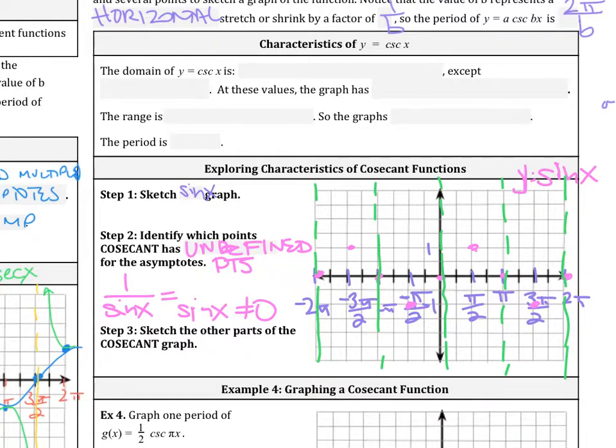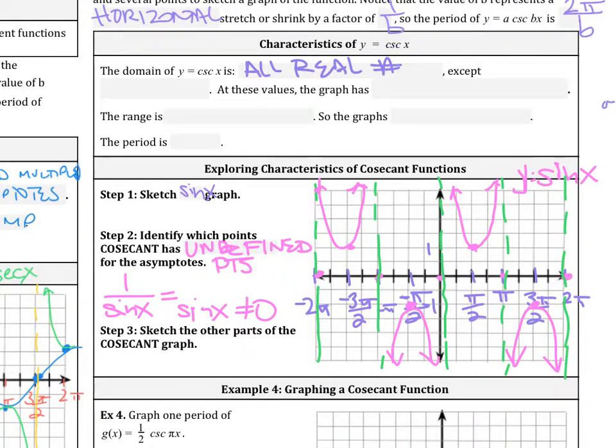And then same as before, what you're going to do is that if they're maximum points, they point up, like parabolas pointing up, approaching those asymptotes, and if it's minimums, then they're going to be opening down. Okay? So the domain of y equals cosecant of x is all real numbers